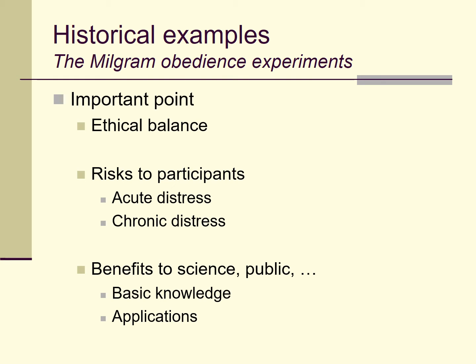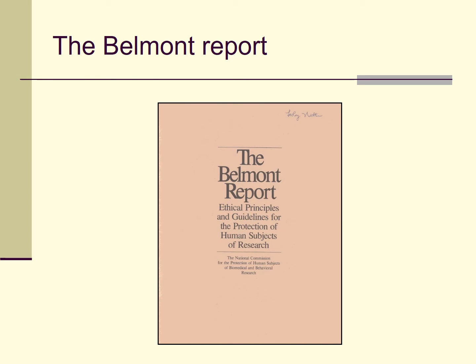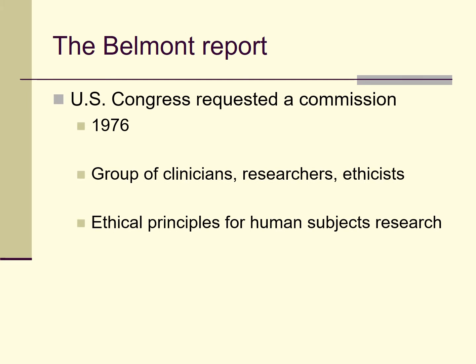So again, a couple of historical examples here highlight some of the ethical problems that arise in research and that, as we'll see a little bit later on, are also applicable to testing. I mentioned the Belmont Report earlier. This is something you may be familiar with from other classes, perhaps especially if you've taken a research methods class. The Belmont Report was commissioned by Congress in 1976 in part because of concerns over unethical research, particularly the Tuskegee study, but also other studies occurring in medicine and elsewhere, concerns about the ethics around research.